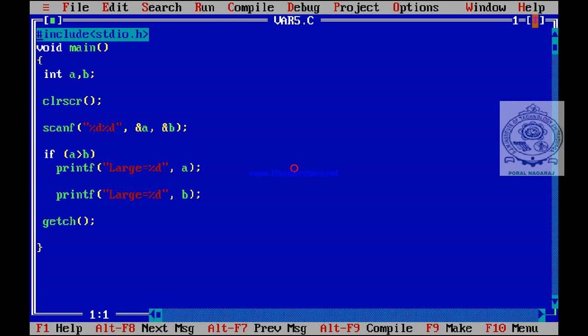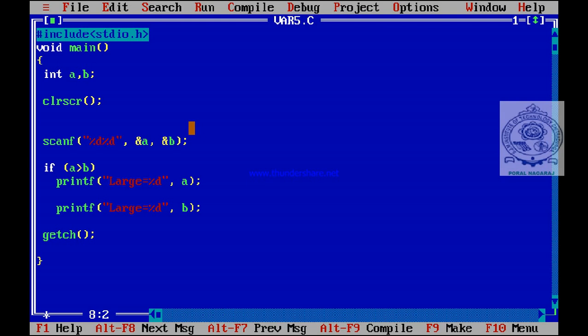So now let us see how to use if statement and if else statement. Same here, two variables are declared, A comma B of type integer, everything is common. Now scanf("%d", &a, &b), we read two values. I said every scanf should be preceded by a printf statement for our convenience, so use printf